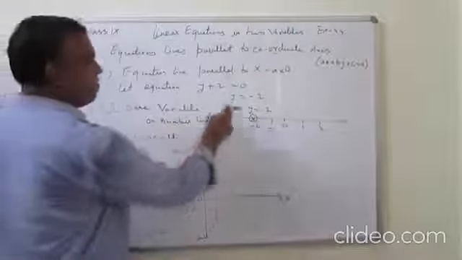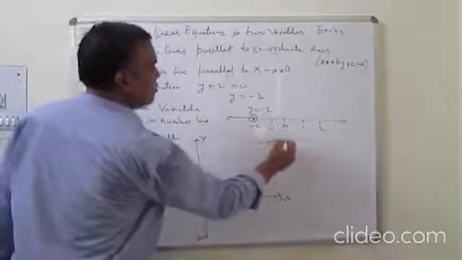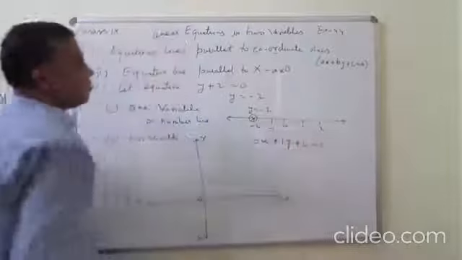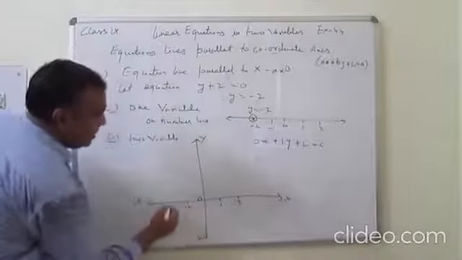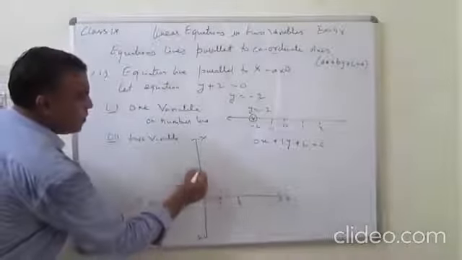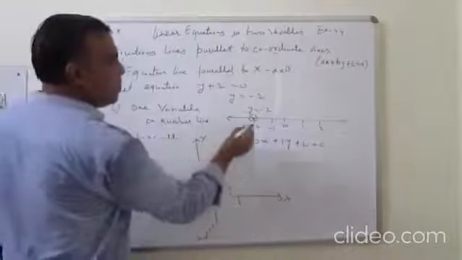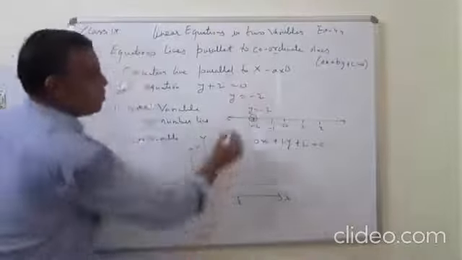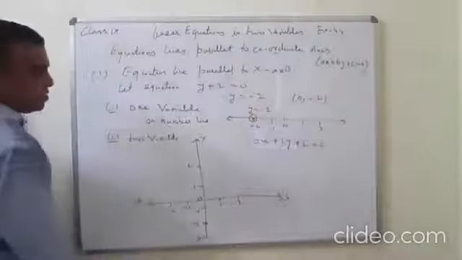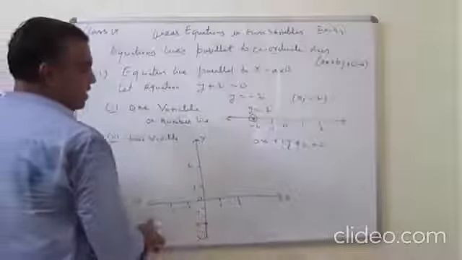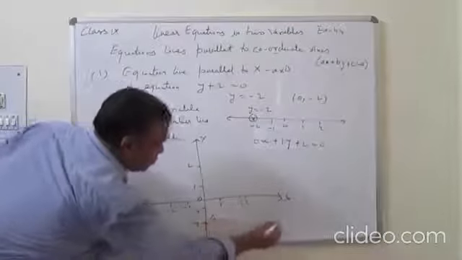So we can write it in the form where x is 0. So we are going to plot the equation 0x plus 1y plus 2 is equal to 0. Now mark 1, 2, with scale 1 centimeter is equal to 1 unit, 1, 2, minus 1, minus 2. The line is parallel to the x-axis and the point is y equal to minus 2. So what will the point be? 0 comma minus 2, x is 0. If a line is parallel to the x-axis, this is 0 comma minus 2.